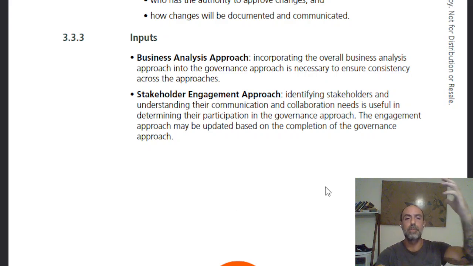What are the inputs? Yay! Business analysis approach. Incorporating the overall business analysis approach into the governance approach is necessary to ensure consistency across the approaches. So yeah, incorporating and documenting the approach is actually relevant. Stakeholder engagement approach. Get it? Because